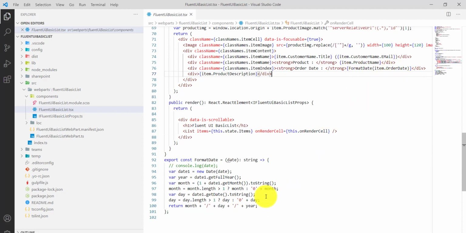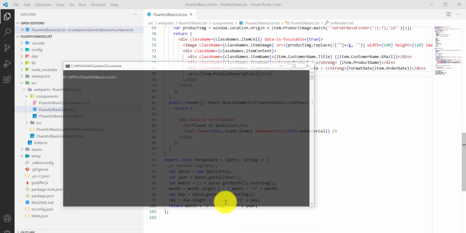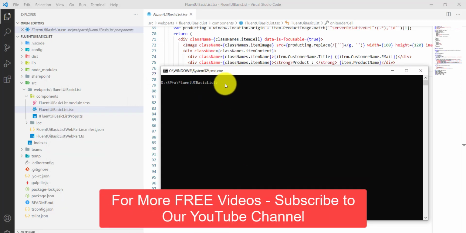Now next what I'll do is run the local workbench. In this case you can see this is my solution. Here I will just run gulp serve. What will happen is it will open the local workbench here, and while the code is running in the local workbench, we can open the SharePoint workbench where the SharePoint list is there. So make sure the list is there, else there will be a problem and you cannot see the result here. Now let it run.